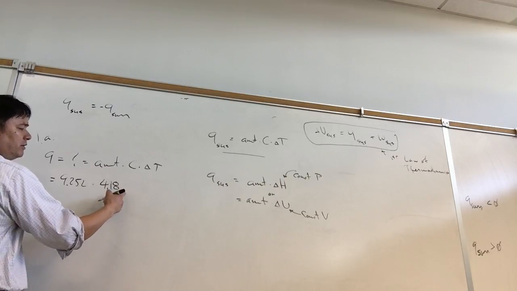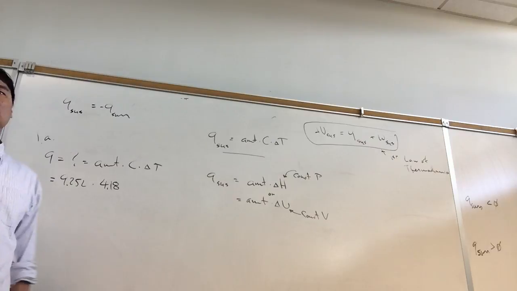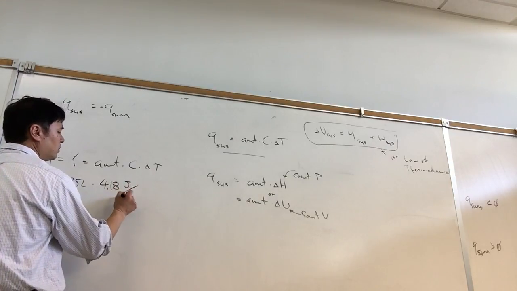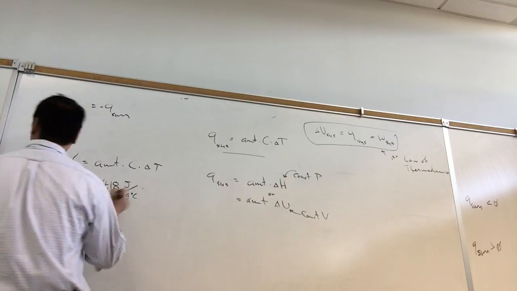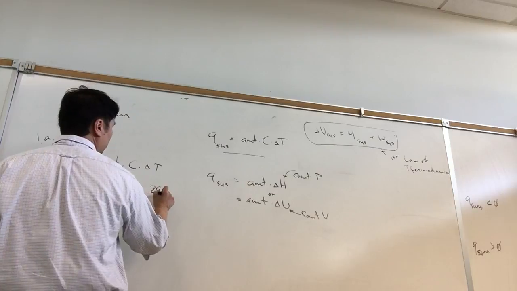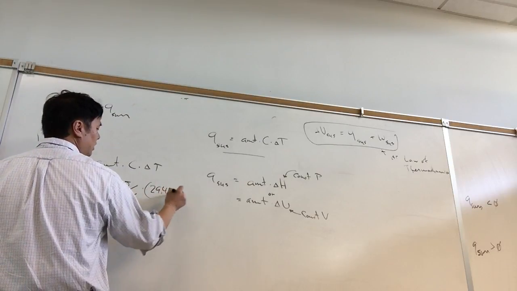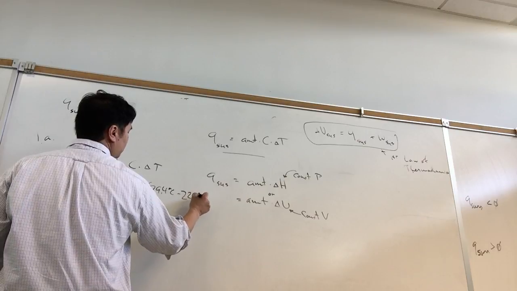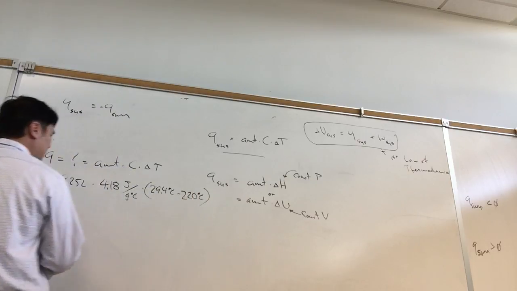If we want more sig figs, then we have to narrow it down, because the specific heat of water actually changes depending on where you are between 0 and 100 degrees C. And so this is going to be 4.18 joules per gram degree C. And delta T we want is 29.4 is our final. So 29.4 degrees C final minus initial of 22.0 degrees C. So I wonder how many sig figs.